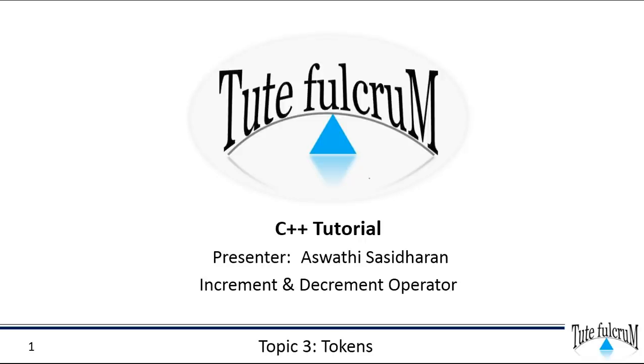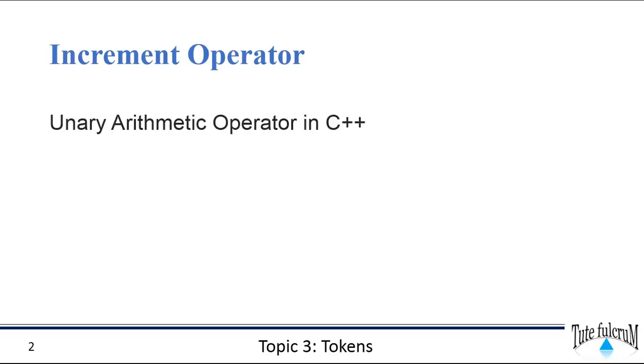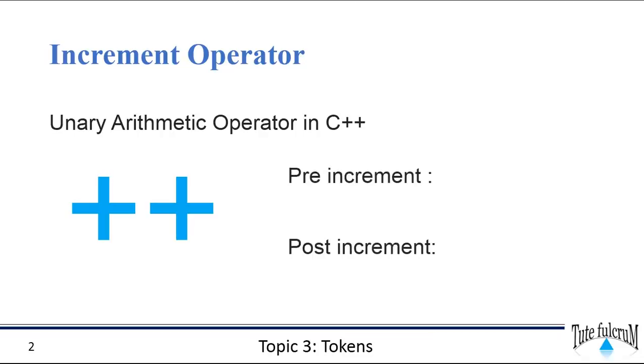This session is on increment and decrement operators in C++. An operator is a symbol which instructs the compiler to perform a specific task. An increment operator is a unary arithmetic operator which increments the operand value by 1. The symbol used to represent the operator is ++, and this increment operator could be used in two ways, pre-increment